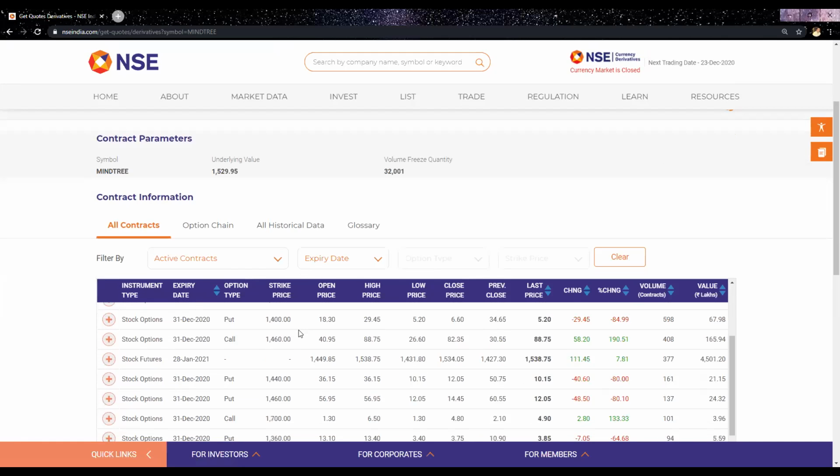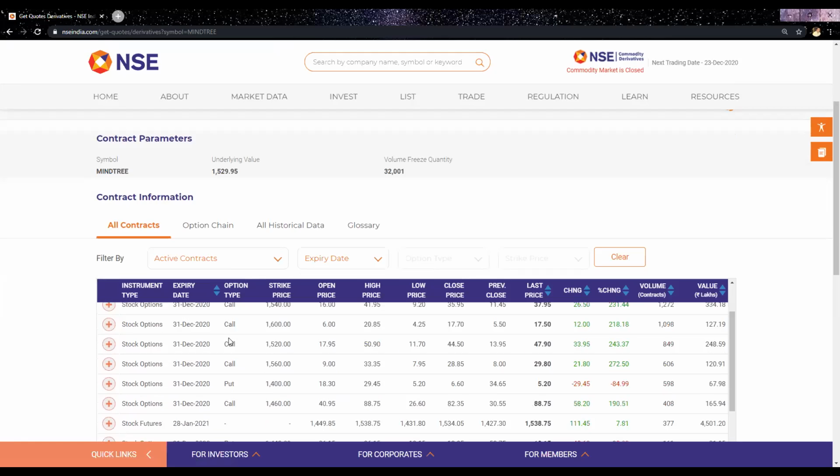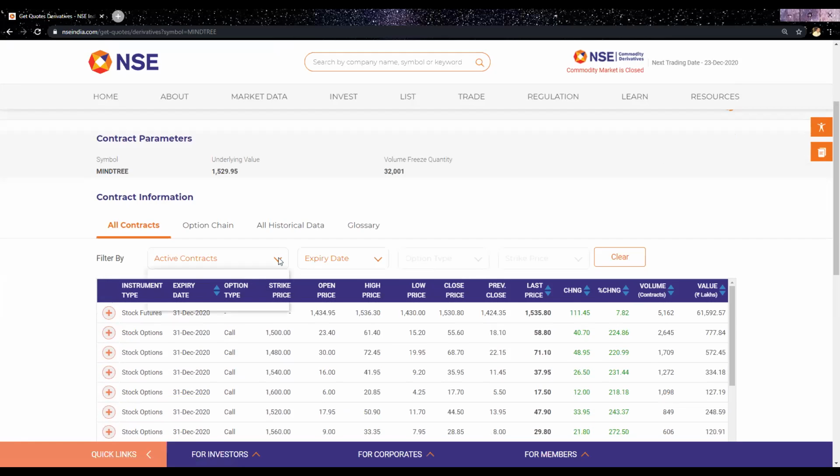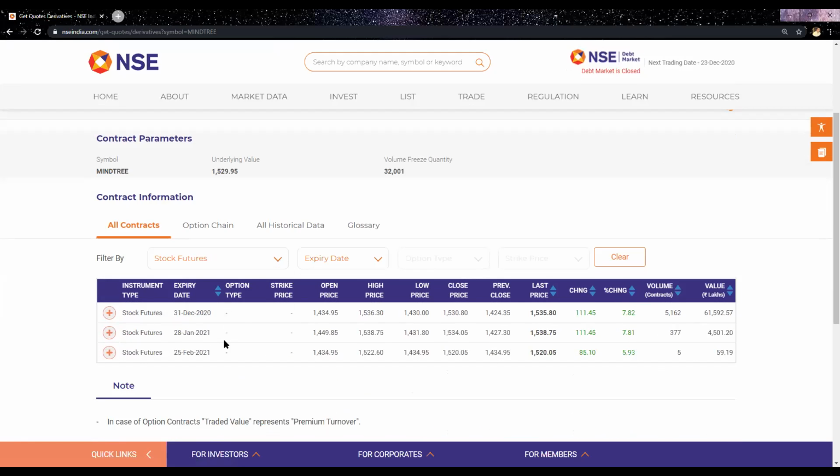Yes, these are available. You can see stock options, stock futures, the three contracts are available, definitely. So obviously I can hedge it by using the futures of Mindtree. If I am skeptical about the price of Mindtree over the next 3 months, I can simply short the February futures. Okay. So now if I have, let's say, a portfolio of some other shares,